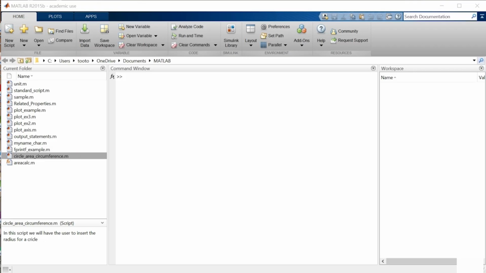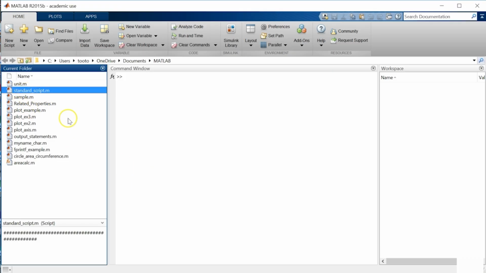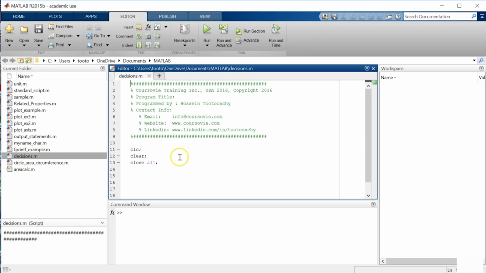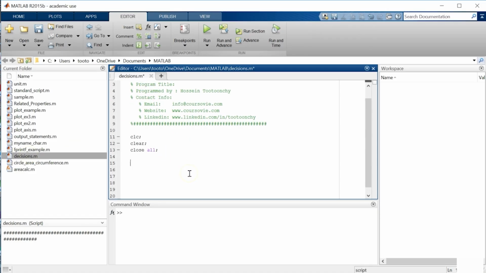Since we're familiar with the general structure of the if statements, let's start our example and explain that in more detail. I have created a script that saves time. Let's call it decisions. And then we're going to start from here. So the problem in the first example, let me put it this way, Example 1 would be